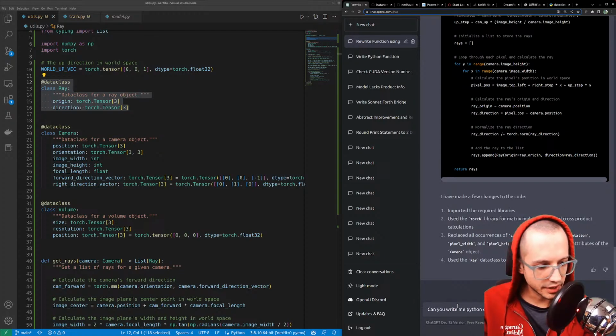Make a 3D plot that visualizes a list of rays, where each ray is defined according to